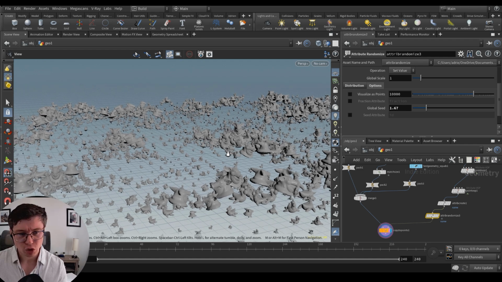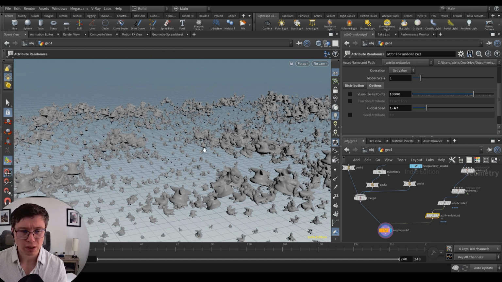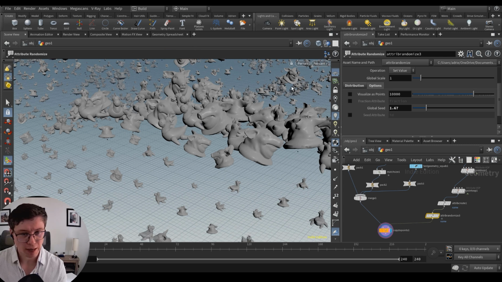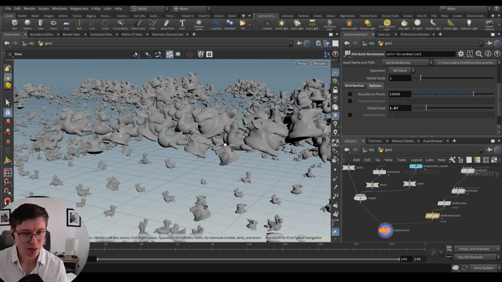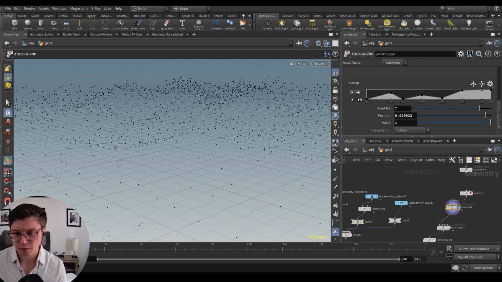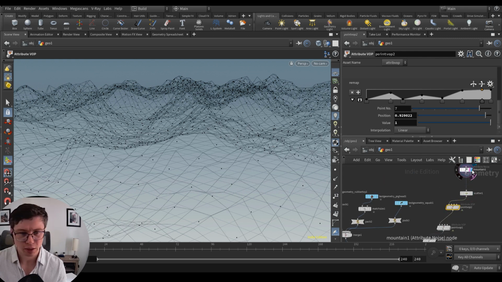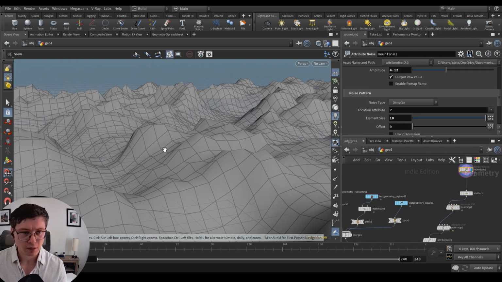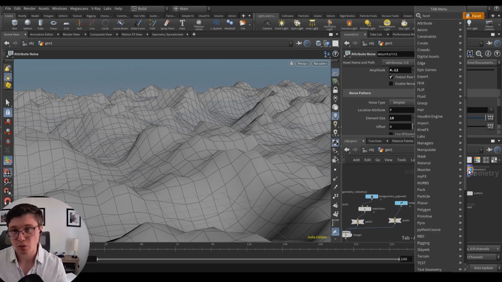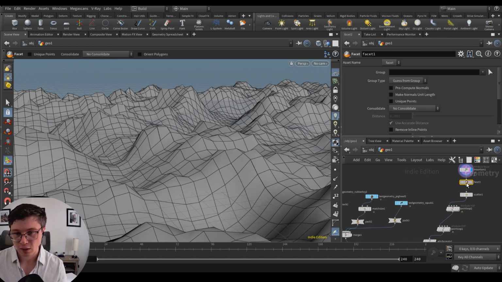We haven't talked much about the use of normal in that case. Well, let's say we would want those guys to orient based on the normal direction of this terrain right here. That means we would first need to define this normal, and I would usually use a facet.